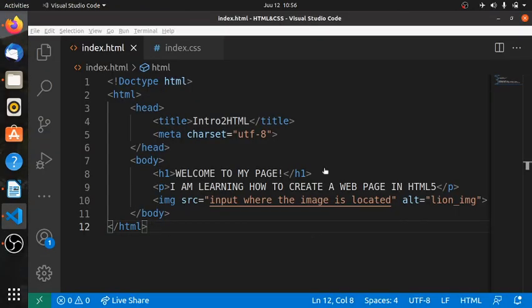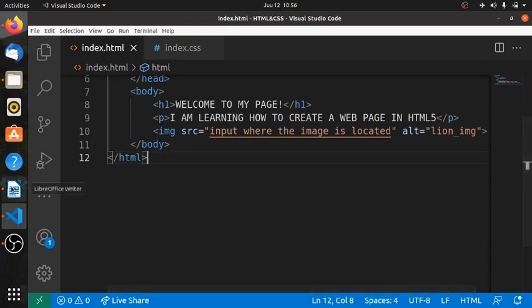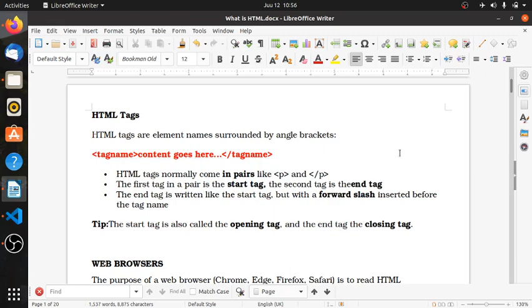We are going to continue from where we stopped last time, but today we are going to look at HTML tags. We are saying HTML tags are elements: element names surrounded by angle brackets, and that is the tag name, then the content goes here, and then we also have the end of the tag name. HTML tags